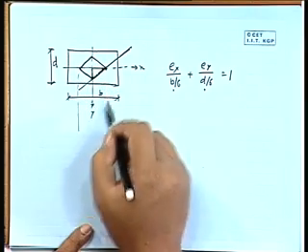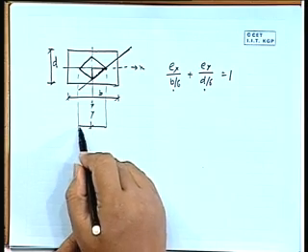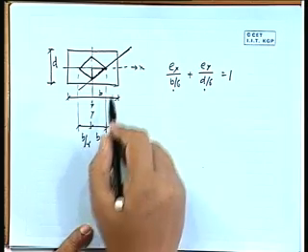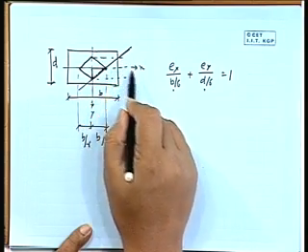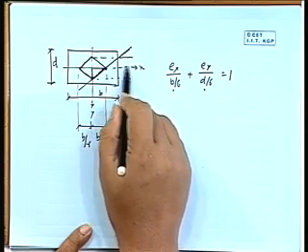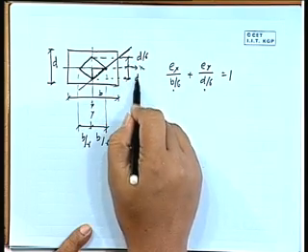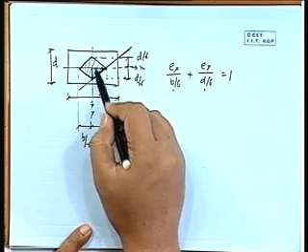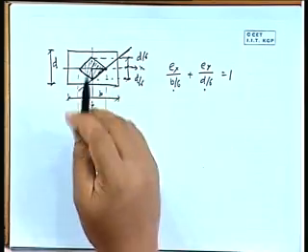So this part we can define b by 6, b by 6. Here also, this part, if we define d by 6, d by 6. Now here inside that region, if I put our load